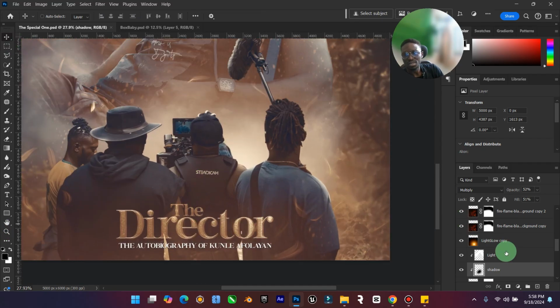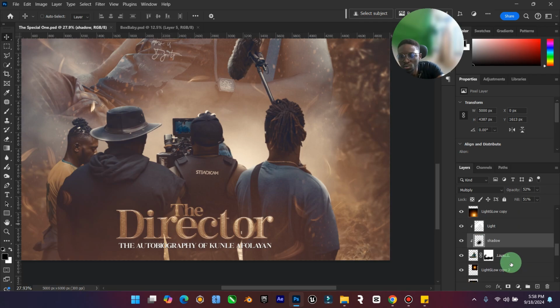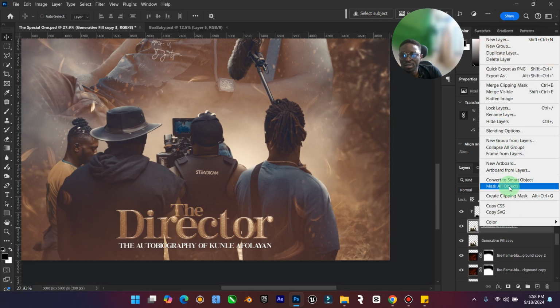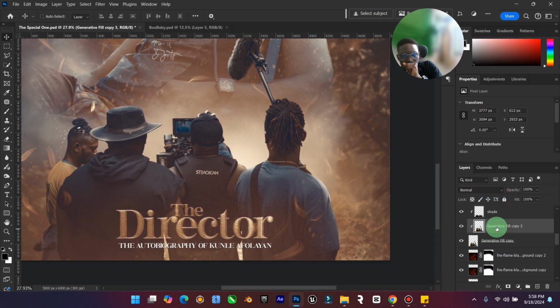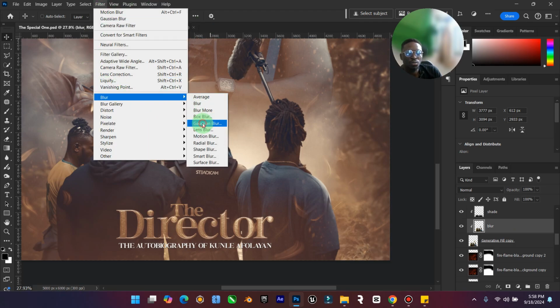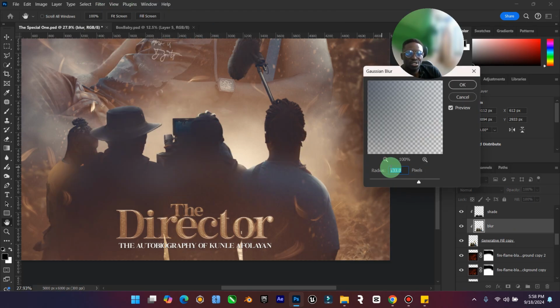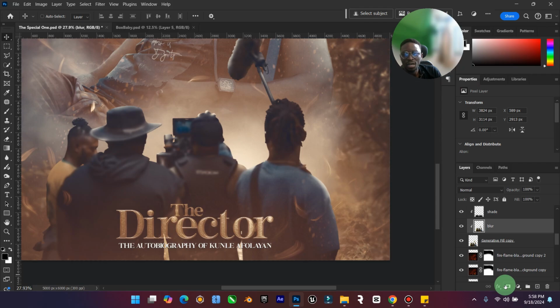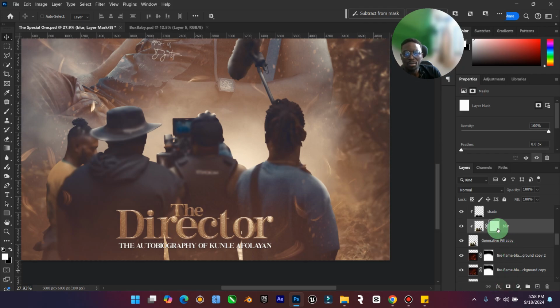So what I want to do is this. I want to zoom into, where are the guys? This guy, duplicate, clip this into that. Now this, I'll call it blur. I'll just add Gaussian blur, something like this. Now I will then create a layer mask, select the layer mask and press